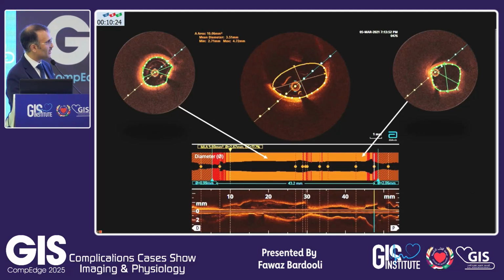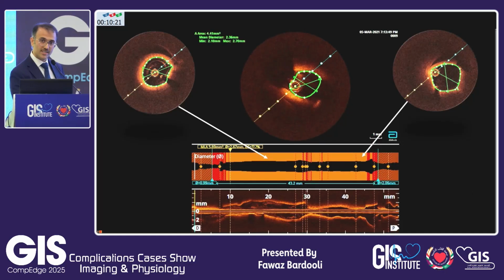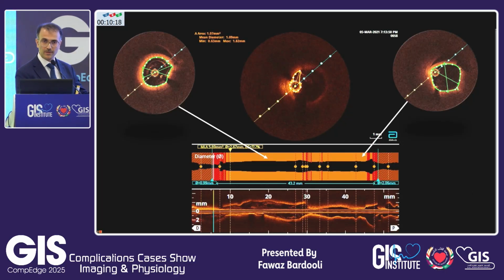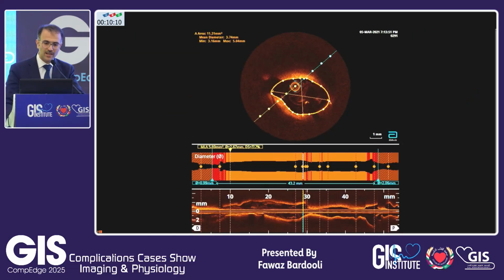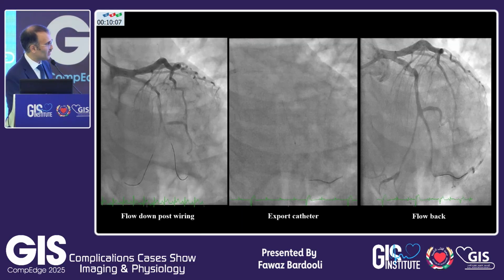Now, if you follow this run, you will see some disruption in the intima, where is the connection between the lumen and the false lumen. And did the OCT save me that night? Absolutely. Because you can imagine, this is all hematoma. If you go to the angiogram, this one, and if I was so clever and put a stent here, and then follow that with a stent up to here, a problem could be that I propagate the hematoma, toothpasting it to the left main, the patient will crash and die, and then I say, I don't know what has happened. Because the hematoma now confined to 1 vessel, I'm going to make it to 2 vessels. So definitely this is a saving